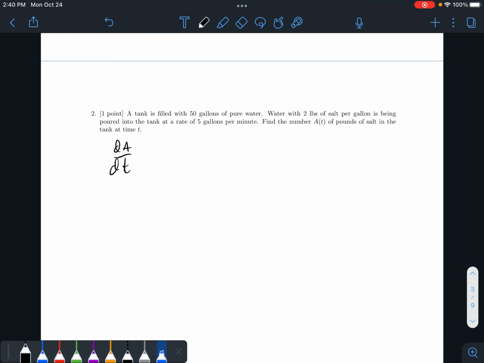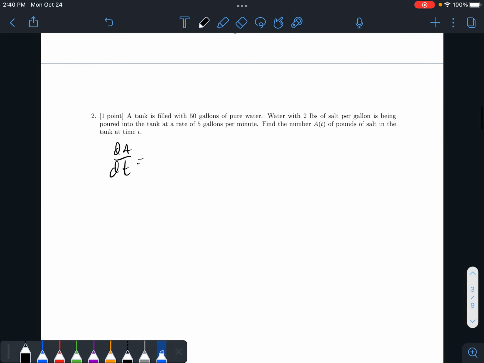So what is dA/dt? A of t is the number of pounds of salt in the tank. And so we're starting with pure water, and then we're adding